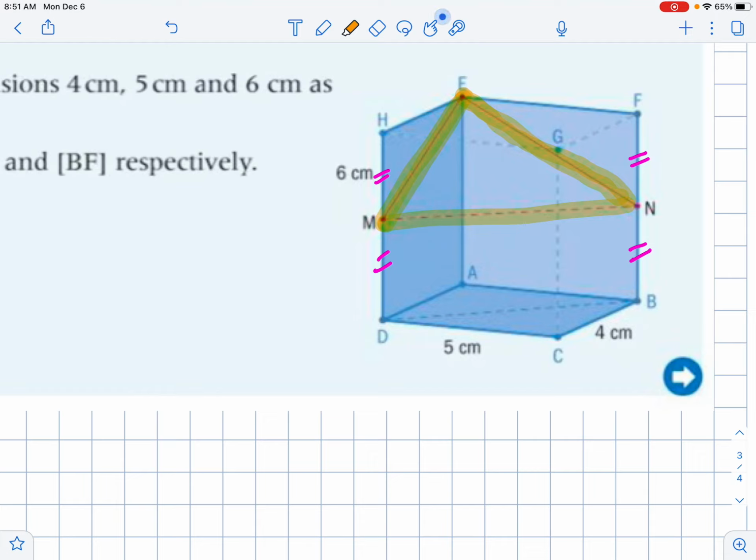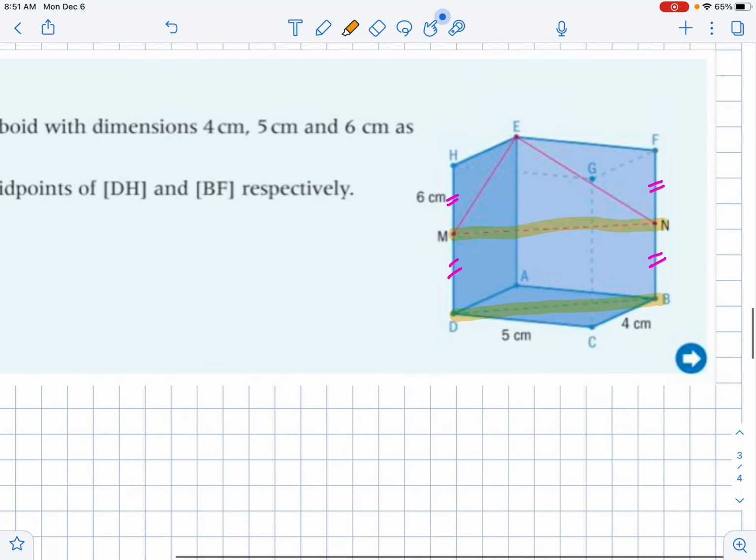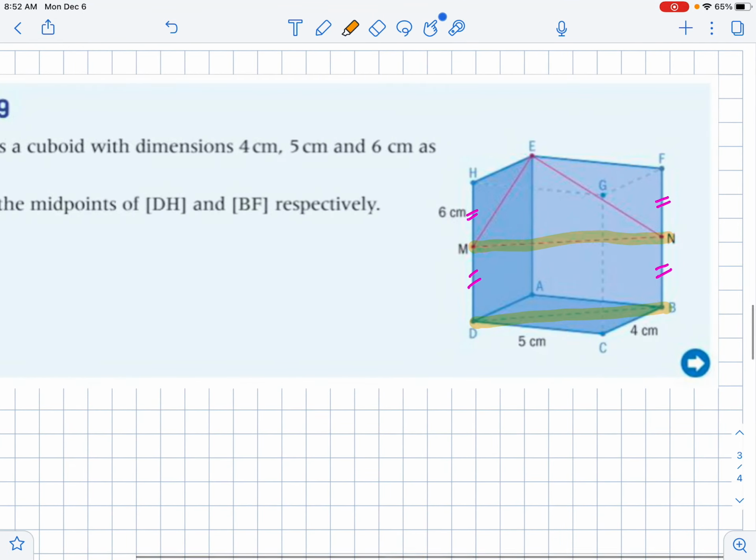So, within that triangle, let's get rid of some of those markings. I know that MN is going to be the same as DB. If you had a light directly above it, the shadow would fall directly on DB. So let's find DB using the Pythagorean Theorem,